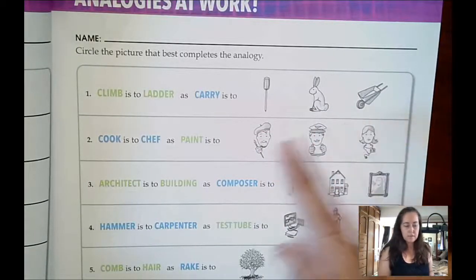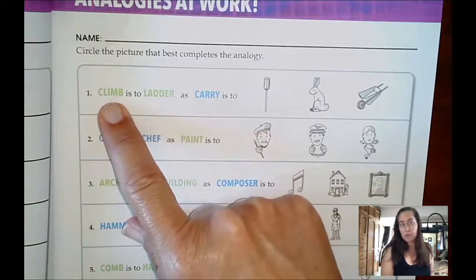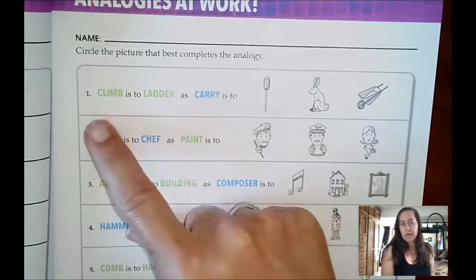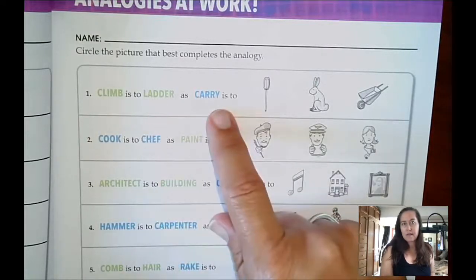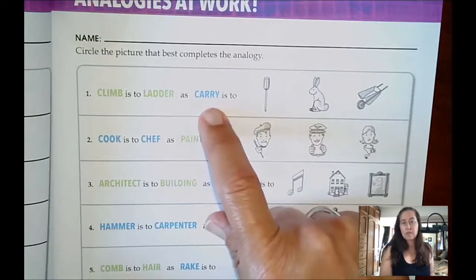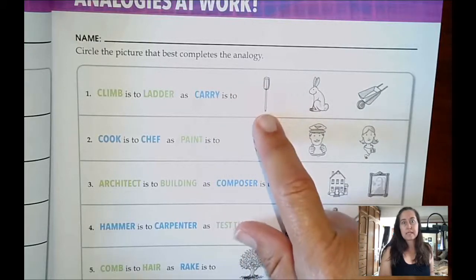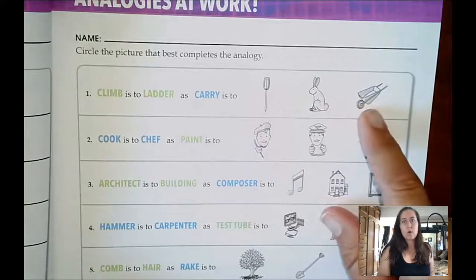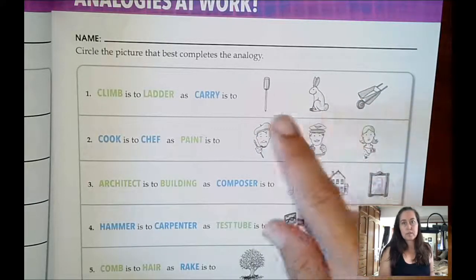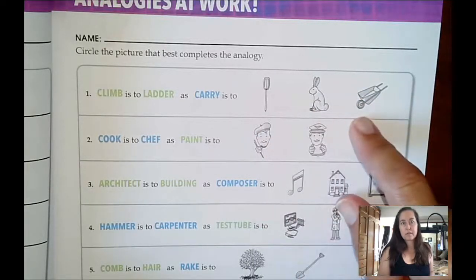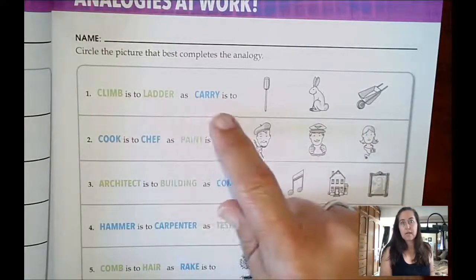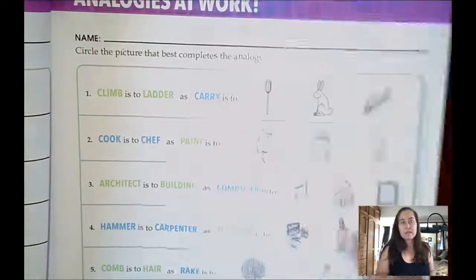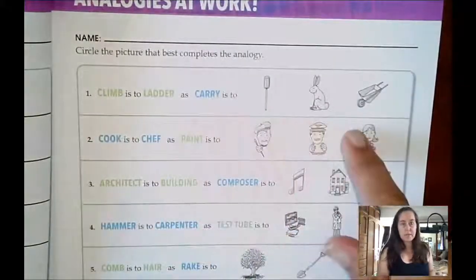So climb, that's an action you do. You would climb up a ladder. That's a thing. So action, thing, action, carry is an action. So we're looking for a thing. Is the thing related to carry a screwdriver, a rabbit, or a wheelbarrow? Which one of these three will carry something? You climb a ladder, you carry using a wheelbarrow. Okay? So that's the first one. So we did number 1 together. Number 2,